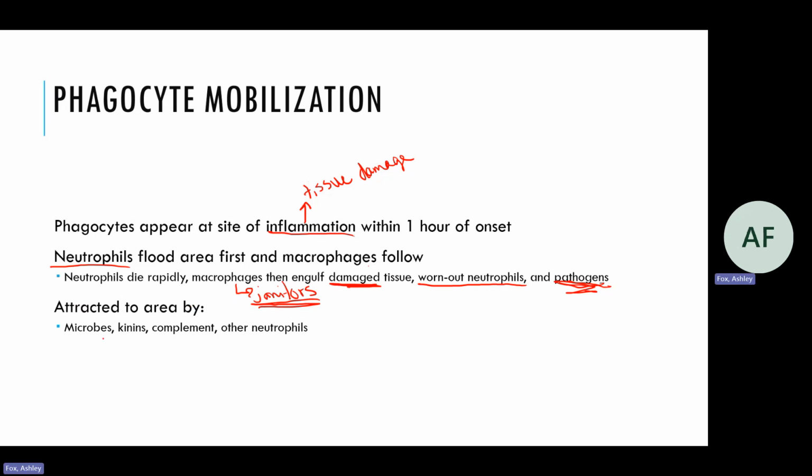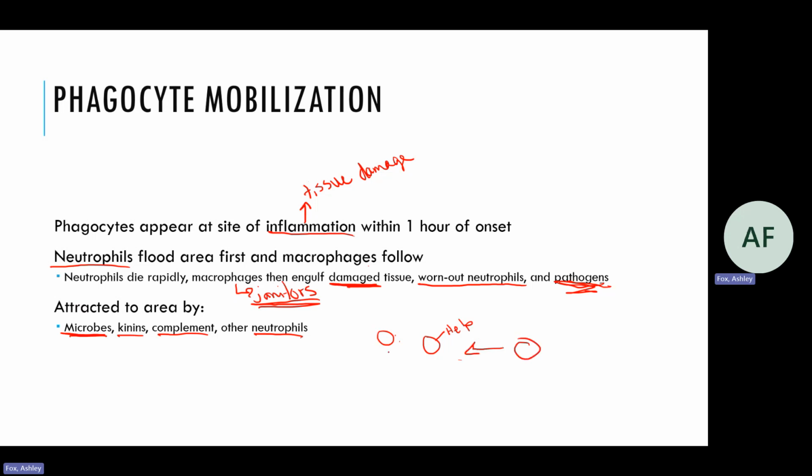So phagocytes, again, are going to be attracted just by microbes. Those microorganisms are going to attract these neutrophils and macrophages to the area. Complements, chemicals called kinins, also other neutrophils. If a couple neutrophils are called to the area, then they'll send out messages to other neutrophils, so then they'll come. So it's all about chemical